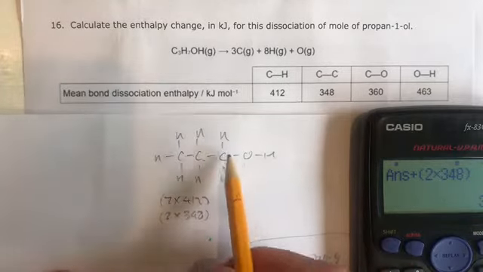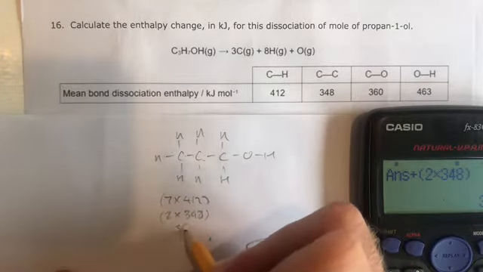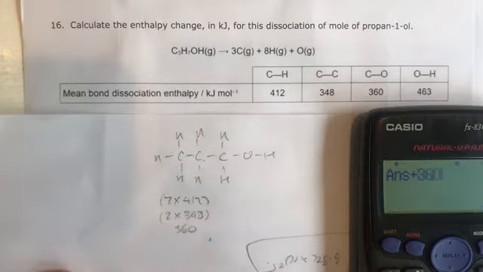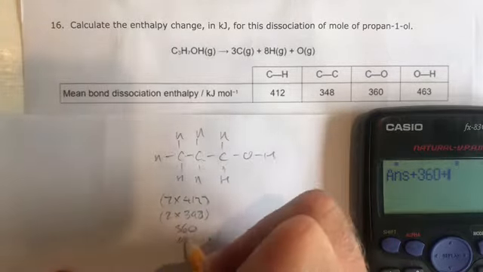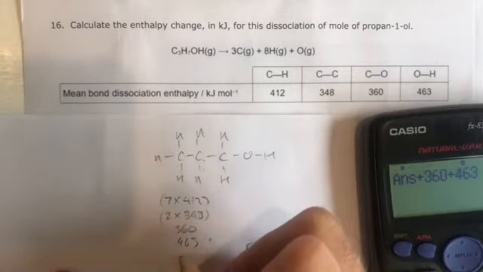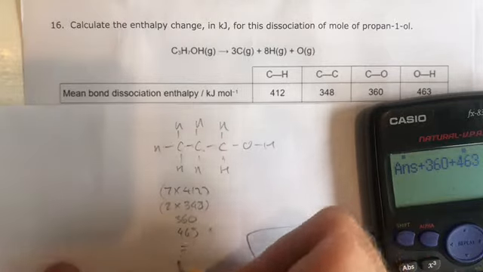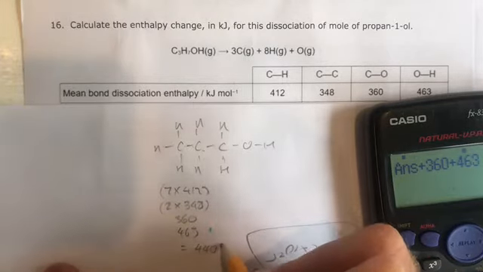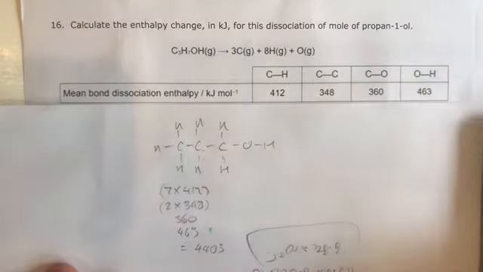Next one, C-O, there's 1 of those. 360 plus 360. And there is 1 O-H plus 463. Do that and out pops the magical number of 4403 kilojoules, which